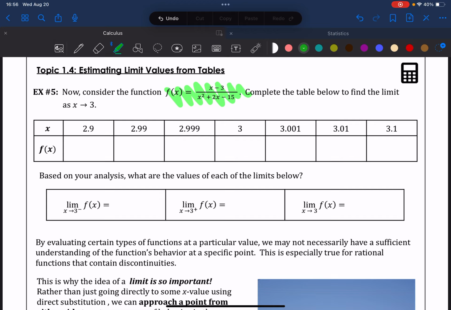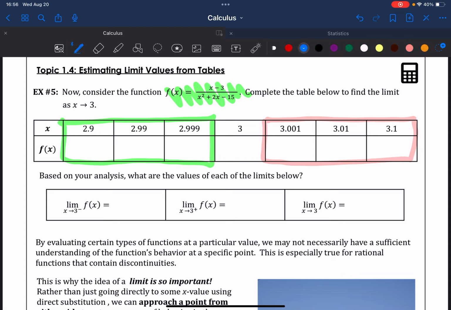Well, we can solve this numerically by plugging in all types of numbers that are close to 3 on both the left side and the right side. So these values here would be everything to the left of 3, and this value here would be everything to the right of 3. So we're going to plug in each of those x values and see what we get. If you want to take a moment and pause and type this into Desmos so you can get an answer, do that now. Make sure you're rounding to at least 4 decimal places. Okay. This is what you should have gotten: